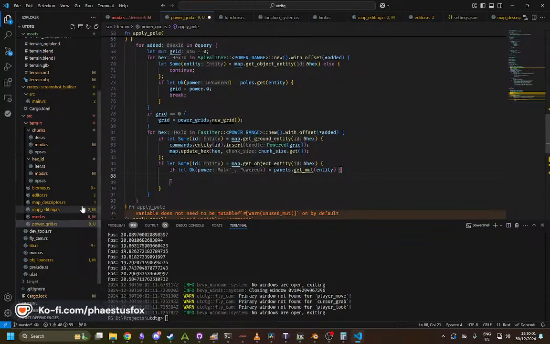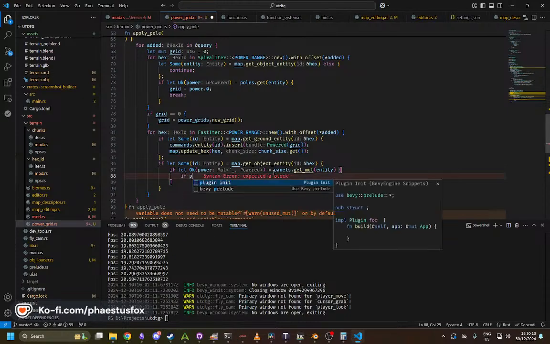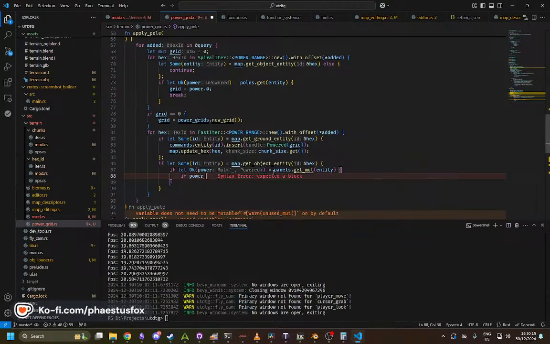Anyway, so if let sum get object entity hex. Okay, and then if hex equals to be a panel, and then we say if power 0 equals 0,